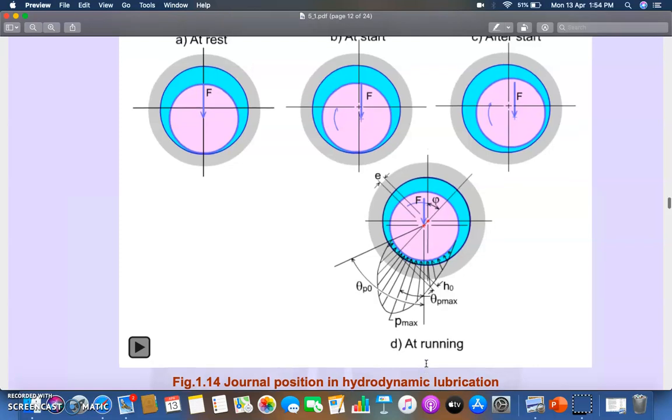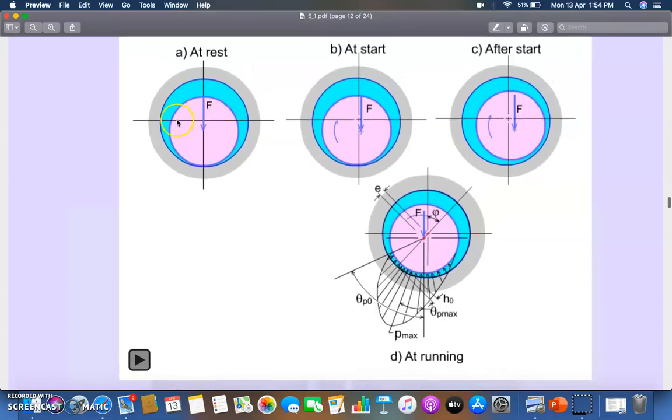As you can see here, at rest it will look like this, and soon it will start motion. It will start rotating, and after start it will look like this. And now at the running point, you can see this will form a wedge shaped position, or wedge shape during the running of the hydrodynamic